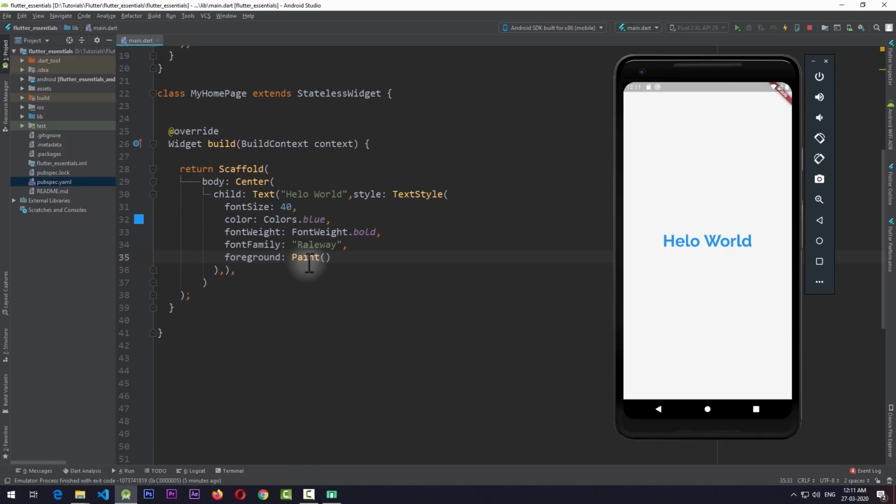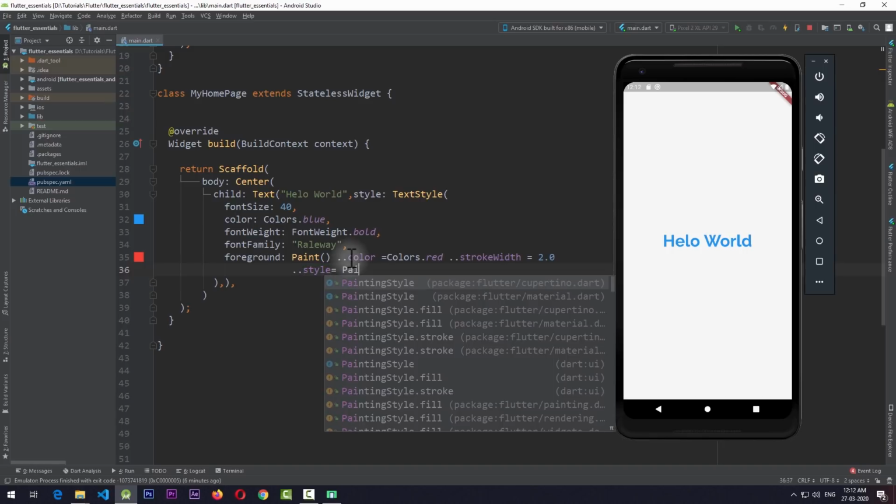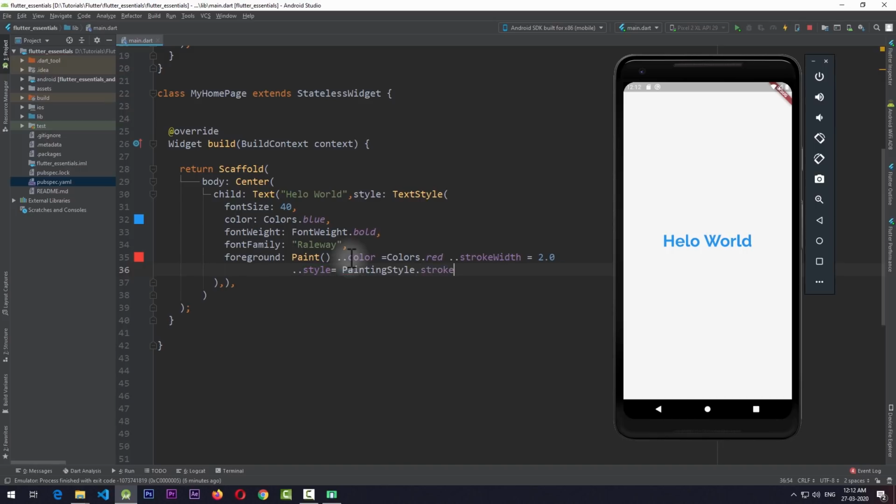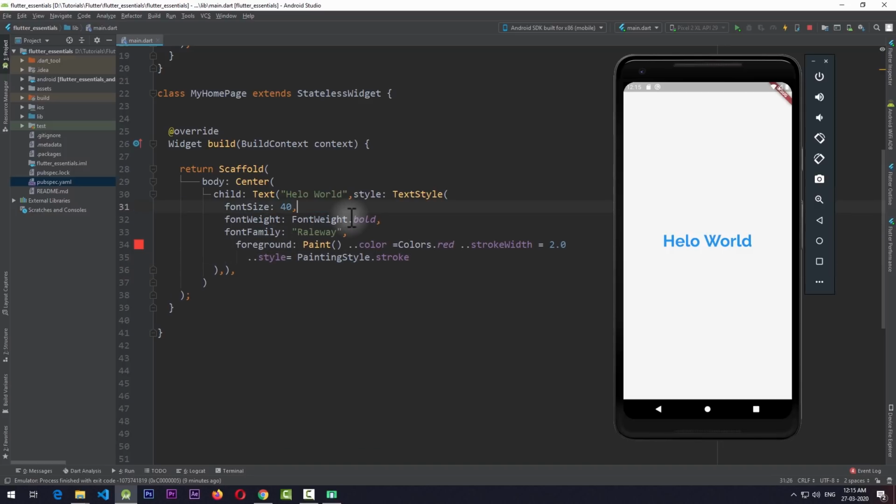For that, I can use this Paint object here and add a color to it. I can change the stroke width and set it to 2.0. Along with this, I can also change the style of this paint, and I'll change the style to PaintingStyle.stroke. Also, to use this foreground, we need to remove this color property from here, because now everything will be painted by this foreground using this paint. If I save the app, you can see that the color is removed and we have a nice stroke